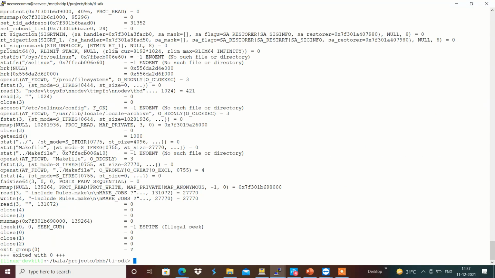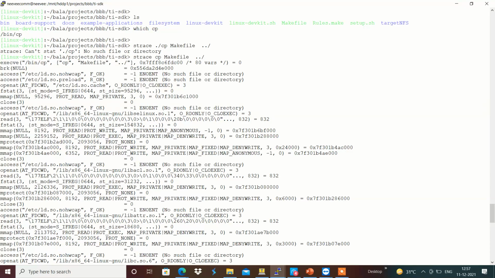While copying a file from here to here, we will see different system calls which are called and interact with the Linux kernel to copy that file.